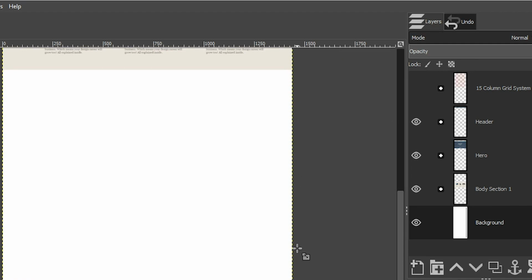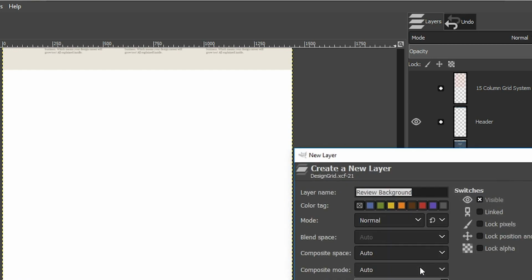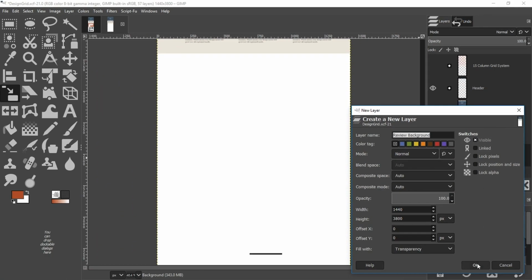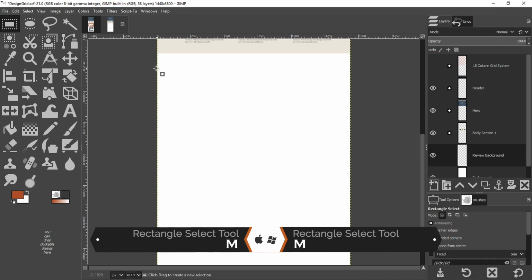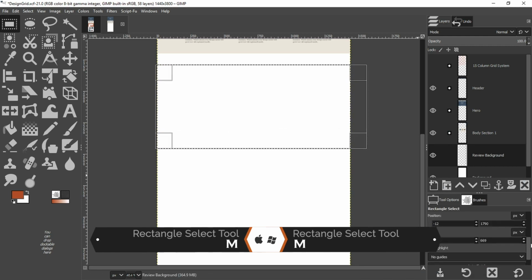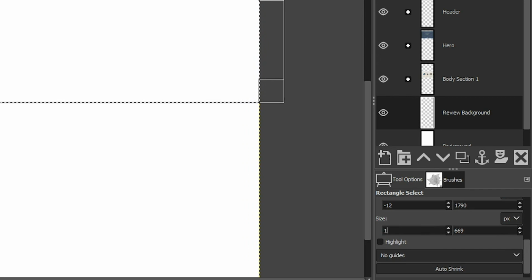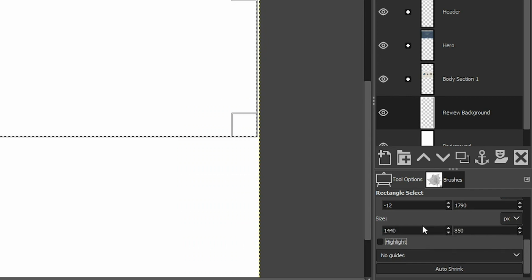That also increases the layer boundary for it as well. So let's go ahead and create a new background layer called Review Background. Let's grab our rectangle selection tool and size it to 1440 by 850 tall. Now, previously I've shown you how to click and move that selection around because I do have some extra white space right here. But if we want to make sure that it's precisely where we want it, we can come